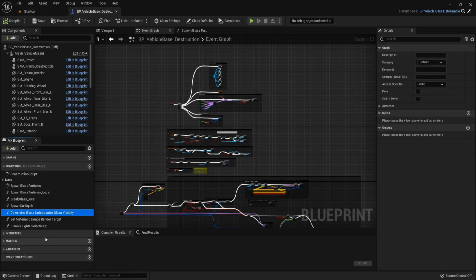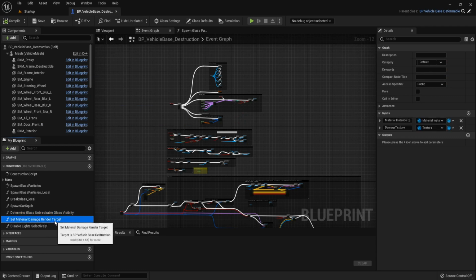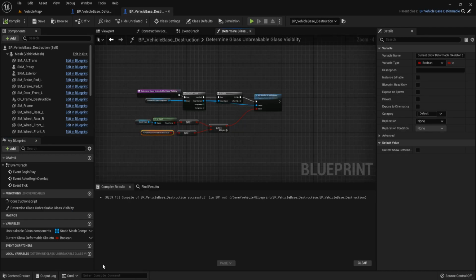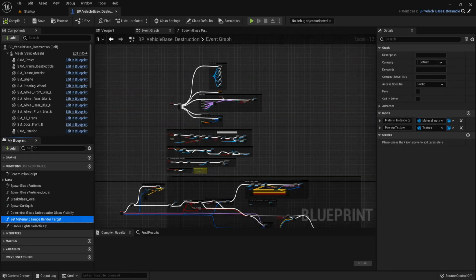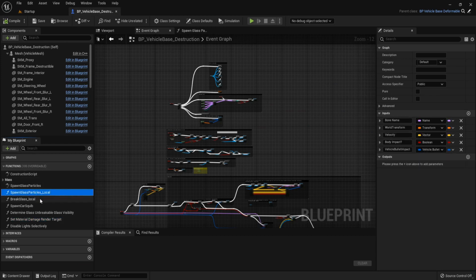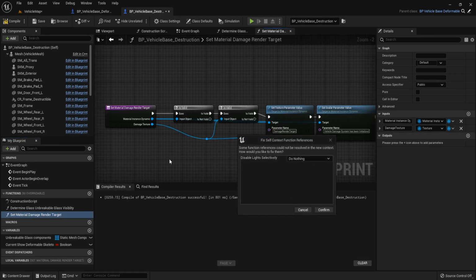And then copy that material damage render target. Copy it and paste it here. And the next function is found glass particles local. Copy and paste it here. Click confirm.